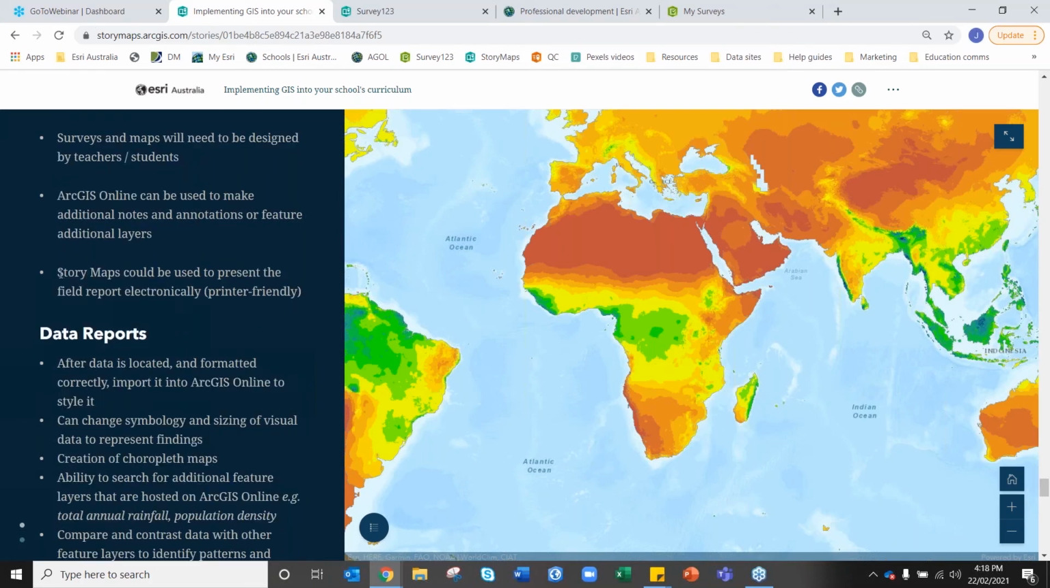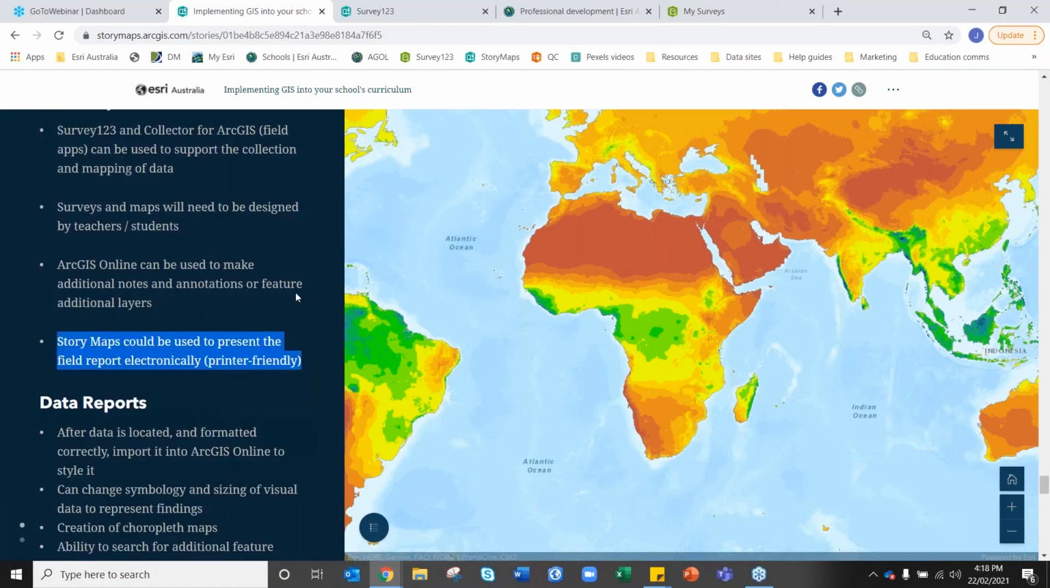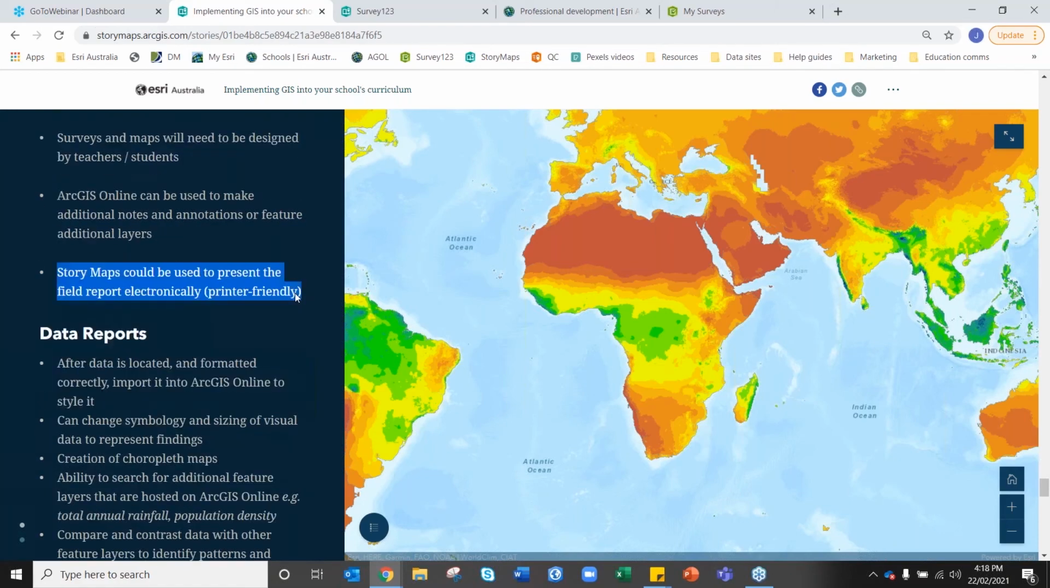And then I know that some schools are using story maps to actually get their students to submit their final assessment piece as well. So this is what we call a story map that I've been working through in this presentation today. And students have actually been building their entire field report in here. They've got their introduction,